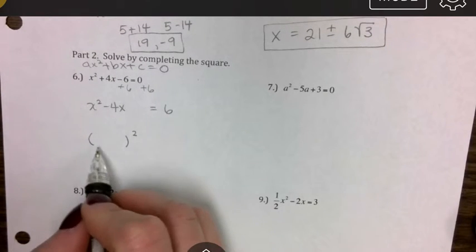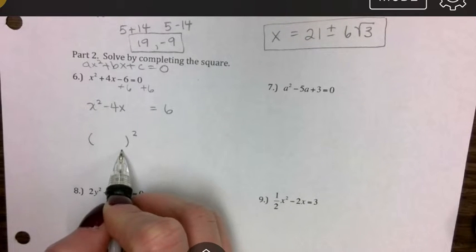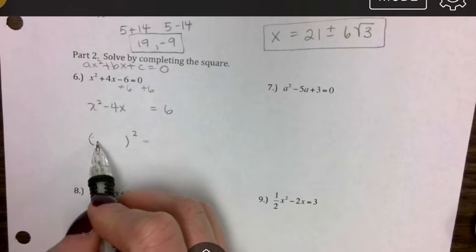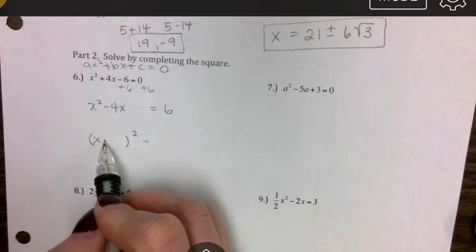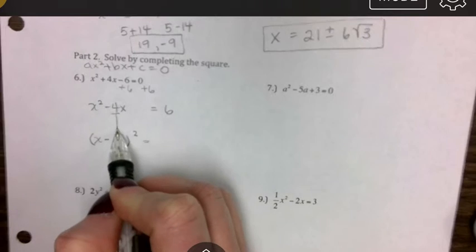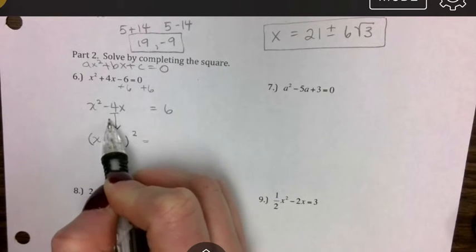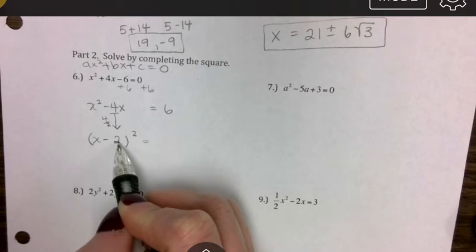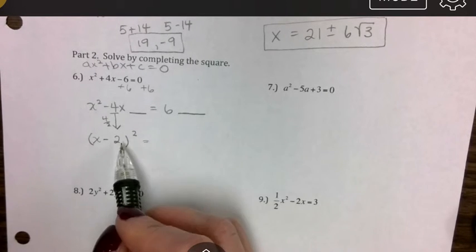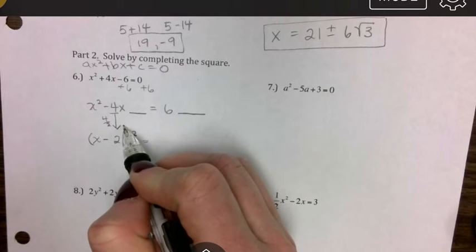So how do we come up with what is in this perfect square? Okay, what we do is first of all take our variable, take our sign. What goes in here is half of b. So we take 4 divided by 2, which goes in here. But then we square this